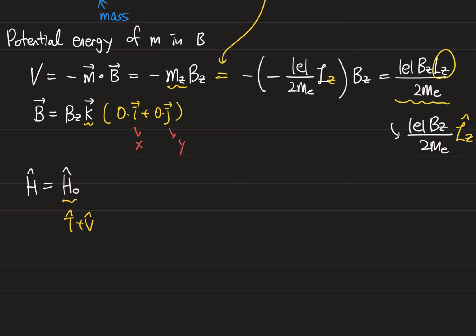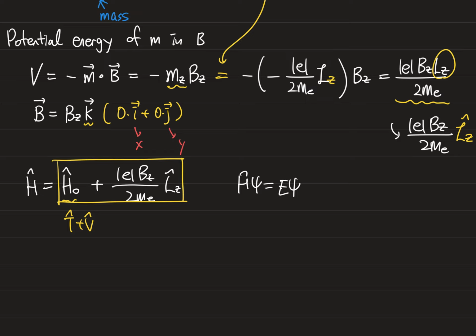And in addition to that, now we have one extra term, e Bz divided by 2me Lz. Right? So the Schrödinger equation that you have to solve is H hat psi equals E psi. Now we have to use this one instead of H0. So your problem is H0